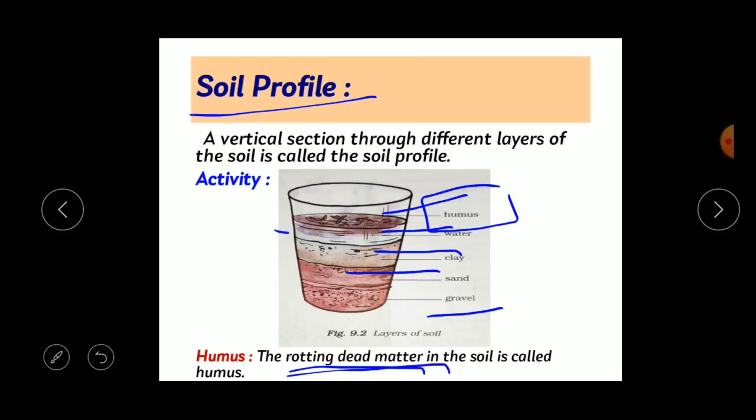Here you will find some materials that are floating on the water, that is nothing but the humus. Understood? Okay. Now let's move to the next concept,